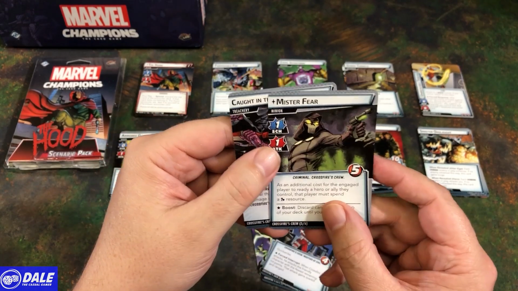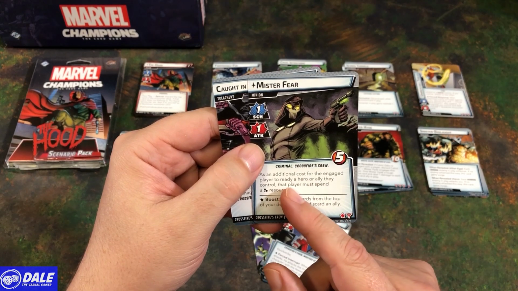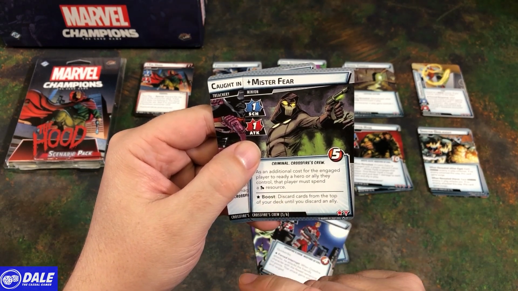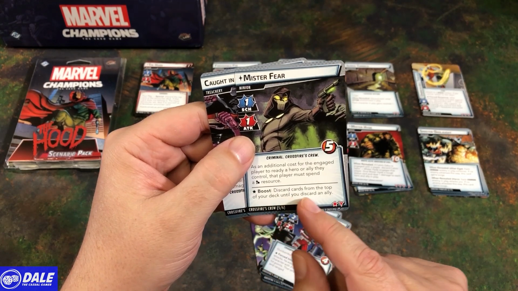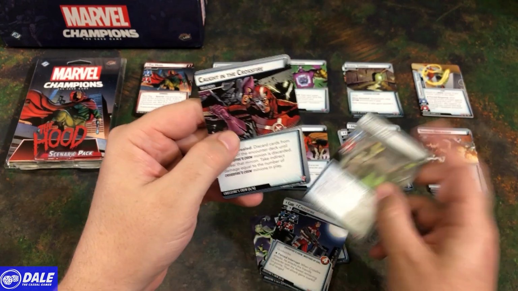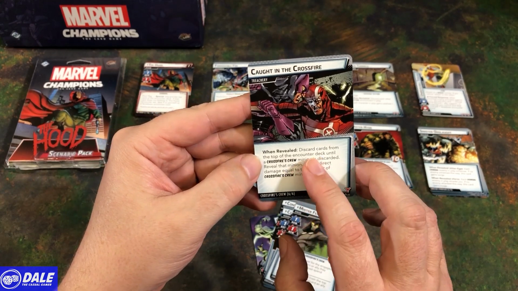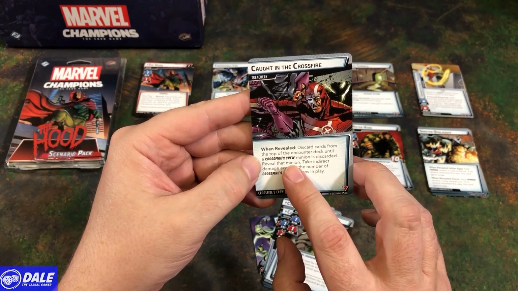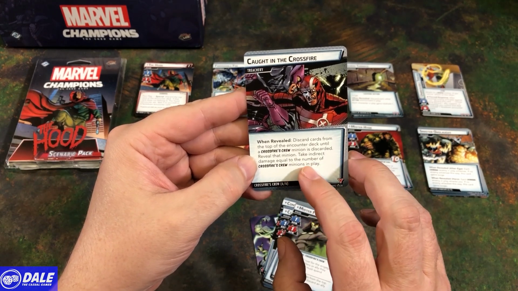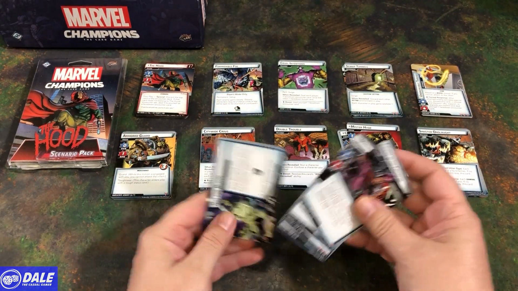Then Mr. Fear, scheme of 1, attack of 1 and 5 health. As an additional cost for the engaged player to ready a hero or ally they control, that player must spend a mental resource. Boost, discard cards from the top of your deck until you discard an ally. And lastly, Caught in the Crossfire. When revealed, discard cards from the top of the encounter deck until a Crossfire's Crew minion is discarded. Reveal that minion. Take indirect damage equal to the number of Crossfire's Crew minions in play. And then lastly,